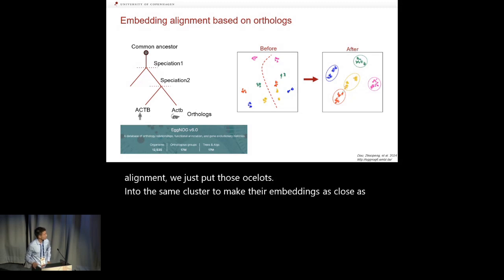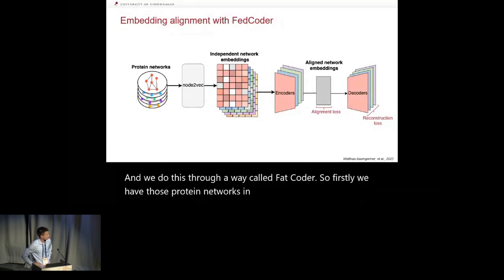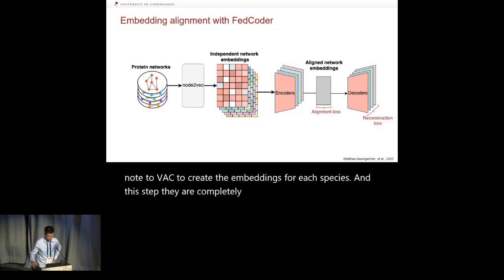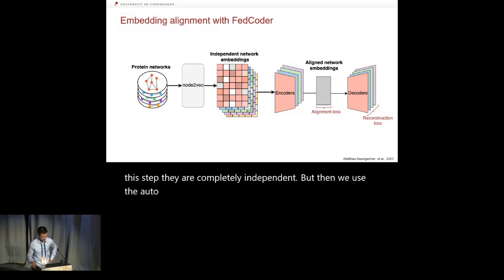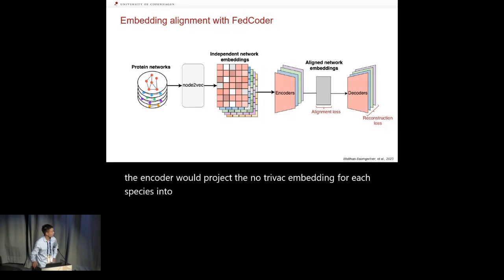And we do this through a method called ThreadCoder. Firstly, we have those protein networks in STRING, and we just use Node2Vec to create the embeddings for each species. In this step, they are completely independent. But then we use the autoencoders, and for each of the species, we have one autoencoder. The encoder would project the Node2Vec embedding for each species into the latent space, and the decoder would reconstruct those latent space